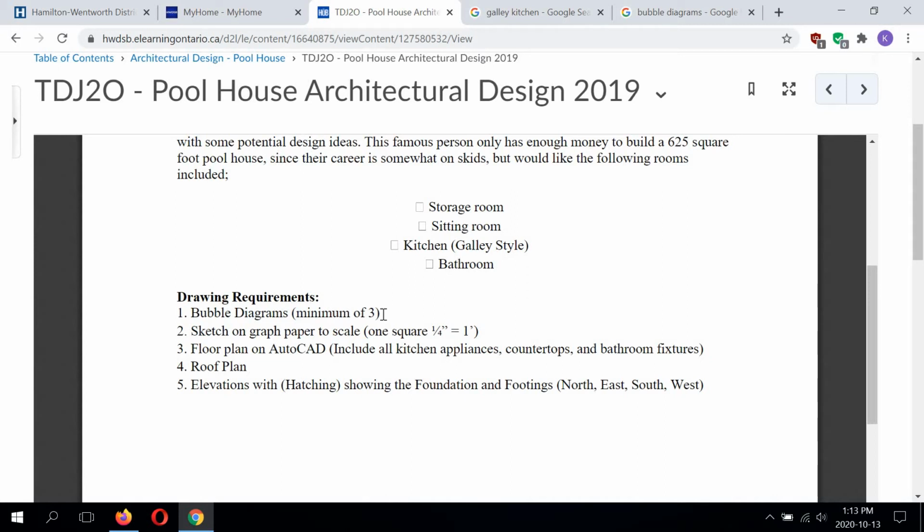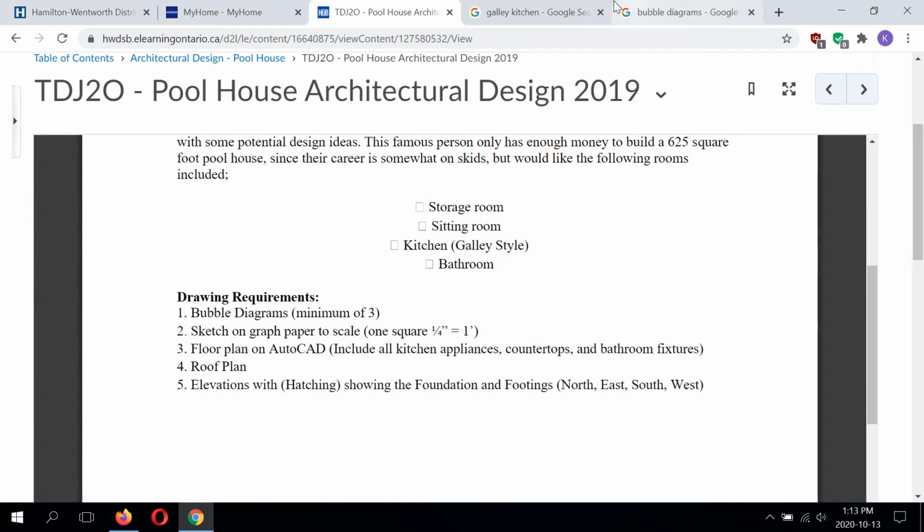Now, the reason we're selecting a minimum of 3, and you can make as many as you'd like, is that a designer just does not come up with one solution and run with that. A designer would come up with at least a few solutions, and then select what they think is the best to suit the client's needs. And that's in anything in design. So you're going to have to create at least 3 different